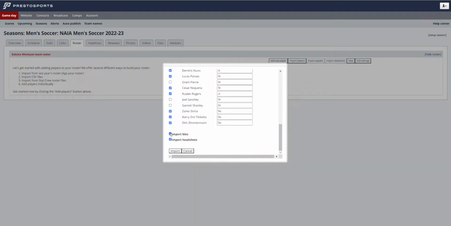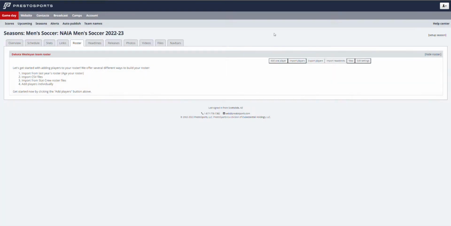And last at the bottom, it gives you the option to bring over their headshot and bios from the previous season. So if you want to put up a roster just to kind of hold space until you get all your headshots taken, you can always import last year's headshots to at least display those in the roster until you get everybody's headshots taken. So then once you've done that, you can click import here. It'll bring all of those players over, and then all you're left doing is adding your first year players on the team. So the best way to do that after you've imported returning players is add one player here,